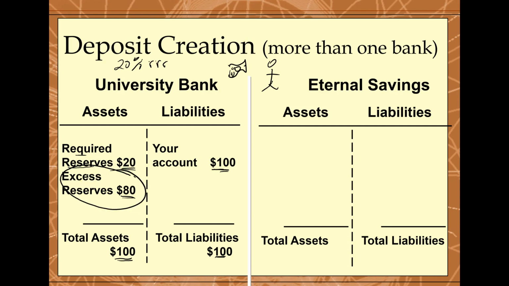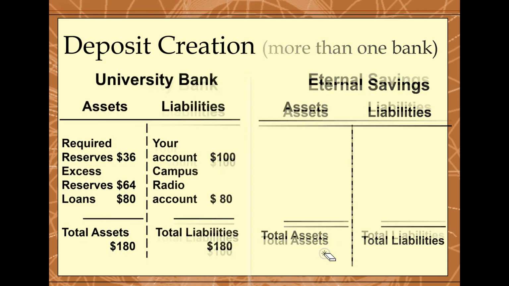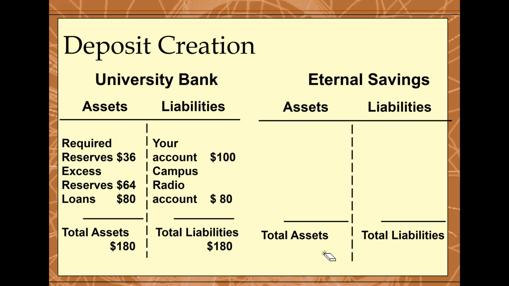Let's say they do. Let's say they loan out $80 to Campus Radio. So $80 is loaned out to Campus Radio, but Campus Radio redeposits that money in the bank, and they haven't spent it yet. So you could see how there was the initial deposit. Now we have another deposit. It was based upon that loan, and we have